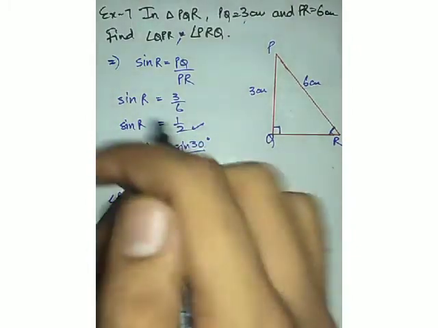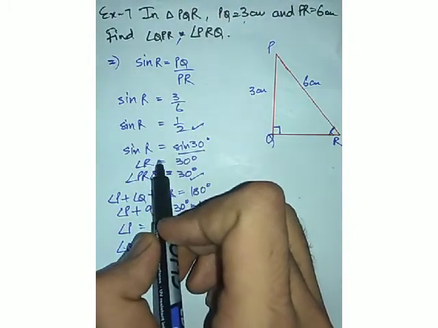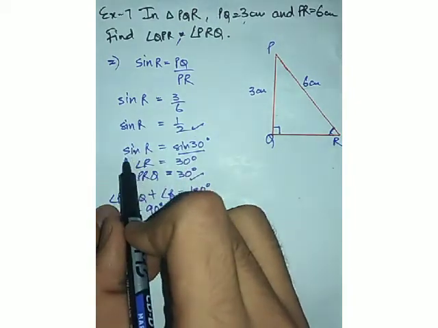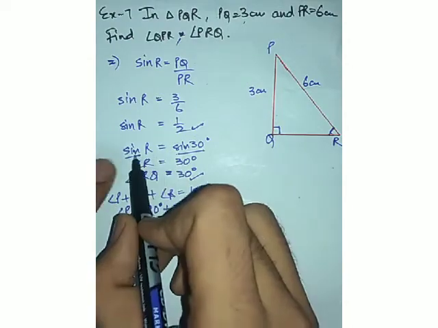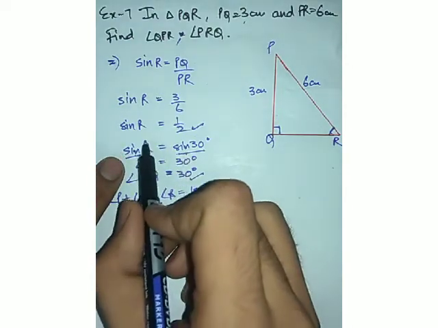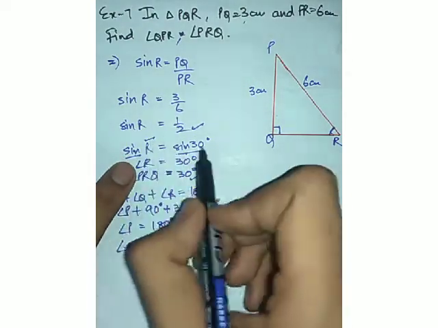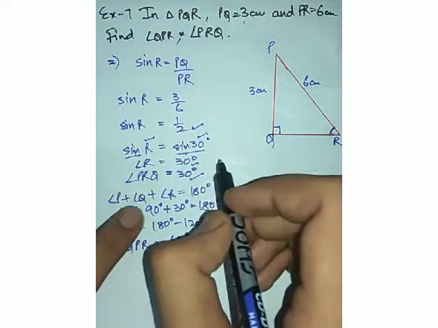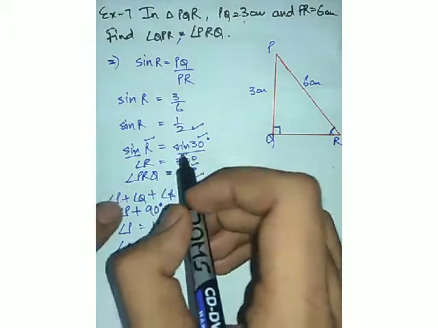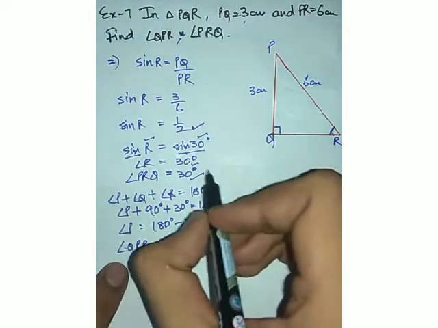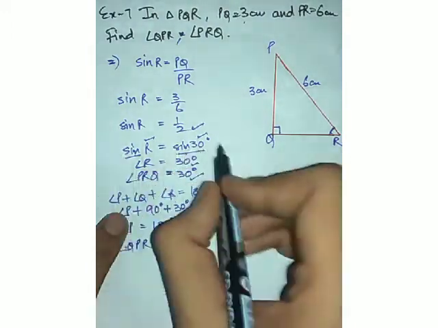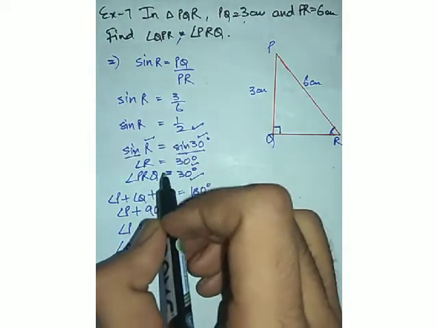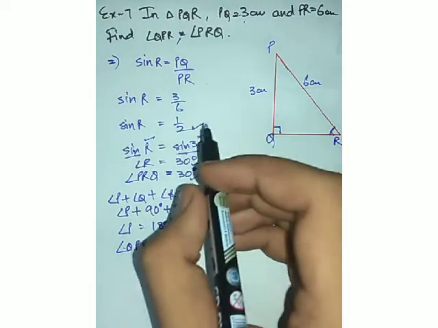So this is how you do these kinds of sums in which you have to find angles. From here you can learn a fact: you can equate the angles on both sides if the trigonometric functions are the same. So it was sine R is equal to sine 30 degrees, and you could have easily equated R and 30 degrees. Finding sides is a different thing, finding angles is a different thing, so keep this fact in your mind while finding angles. There is only one example remaining, which also works on the same principle. So let's see that.